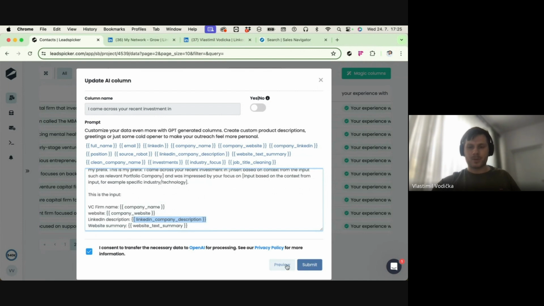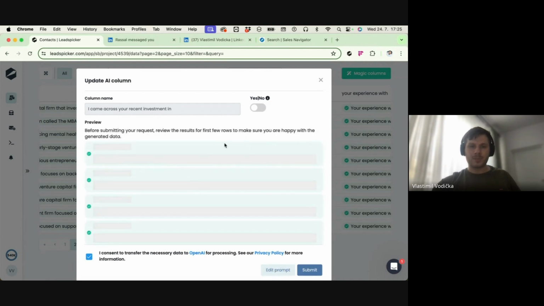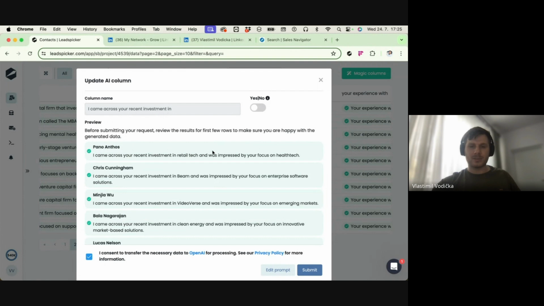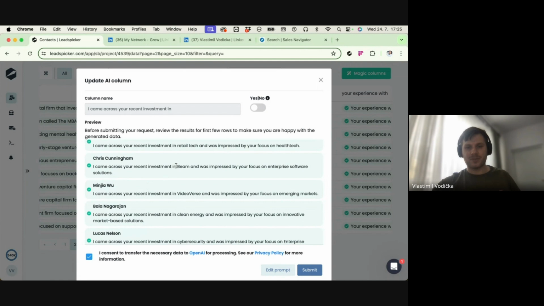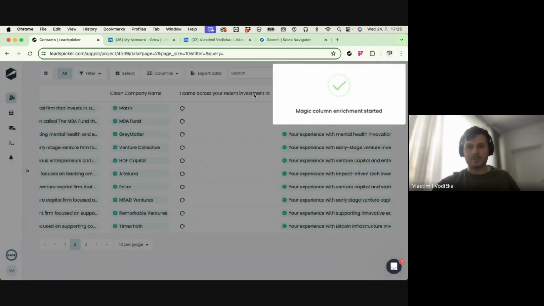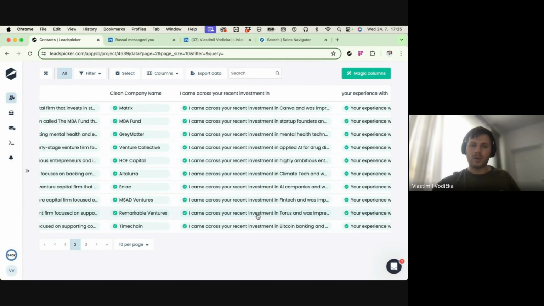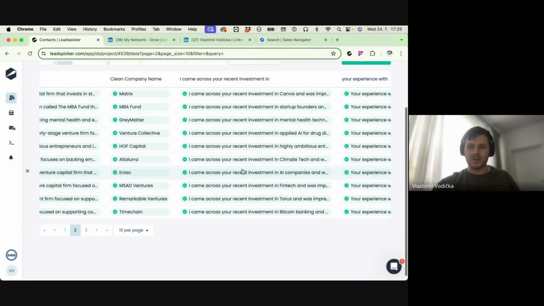And you can always click on preview to see what it does. So here we are mentioning the specific investment and what they are focusing on. The same here. If I click on submit, it will calculate the personalizations for